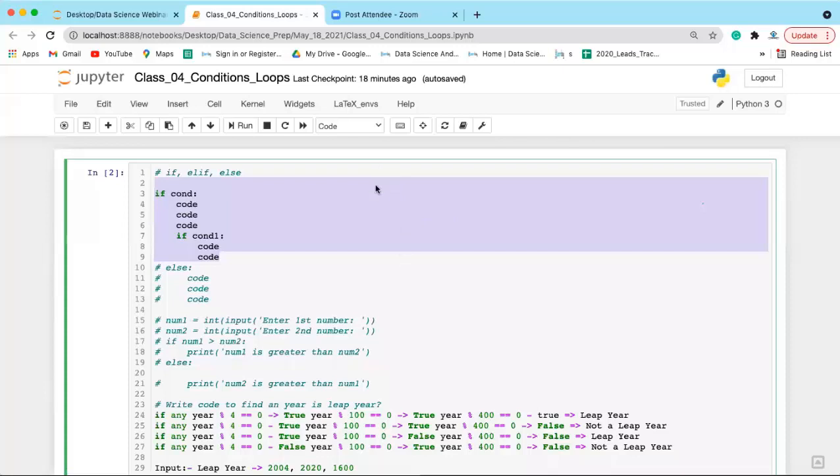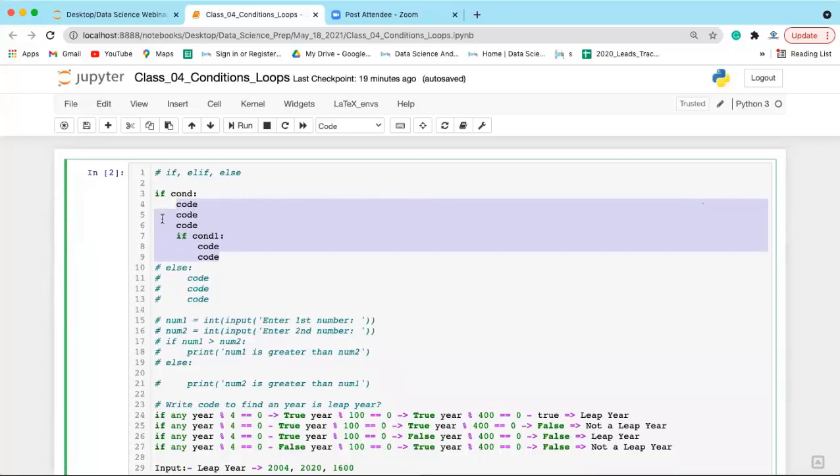Krishna, for those who are coming from a coding background in C or Java, what do you do? You write the parenthesis blocks. We don't have that parenthesis concept. These things are discussed in detail in the class. If it were a normal class, I would have discussed these things in the beginning. But here we are doing just a 5 day webinar, so we are just focusing on solving more problems. I'm trying to deal with it during the classes or while writing the code. That's why I have discussed it here. So you will be providing indentation to create the block.